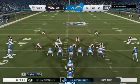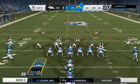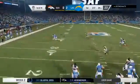The Charger drive about to get going. They've got the lead. Last time had to punt it, though. What's the key to this drive? I think it's leverage. Leverage. Big guys up front. You know the motivation is...